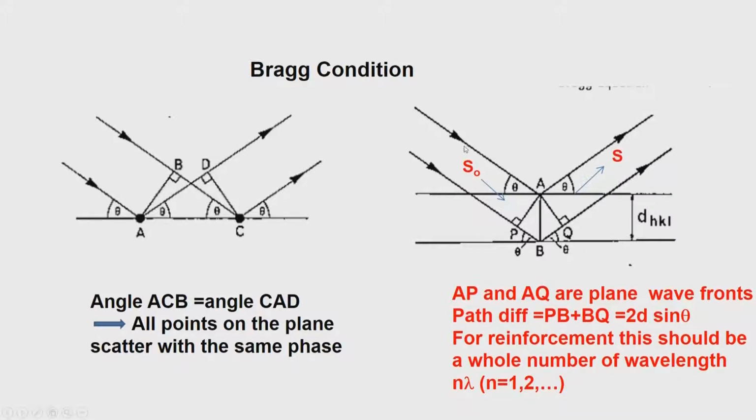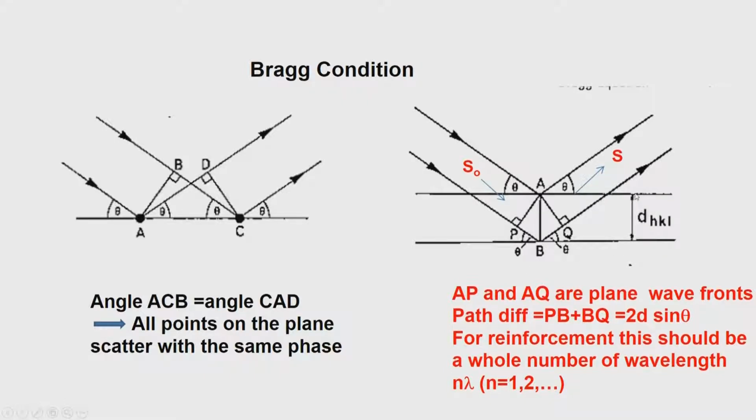Now, regarding this diagram, which we already discussed a bit in the last class, we see that the wave front again here in this case is shown as AP. So, this defines the incoming unit vector S naught, and this is the vector S, which is the scattering vector. And what is represented here are the two different planes separated by a distance d of HKL. So, whatever are the atoms on this plane, they will all scatter in phase, whatever are the atoms in this plane, they will scatter with that particular phase.